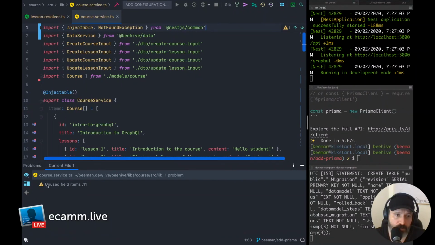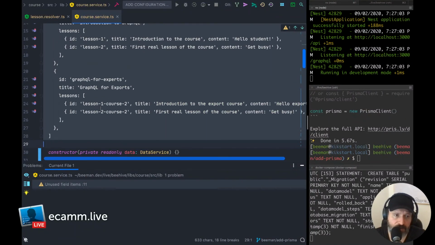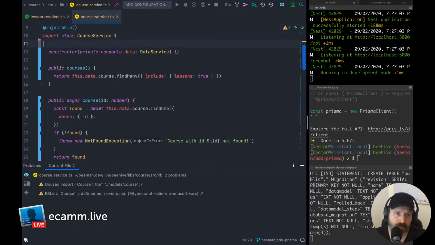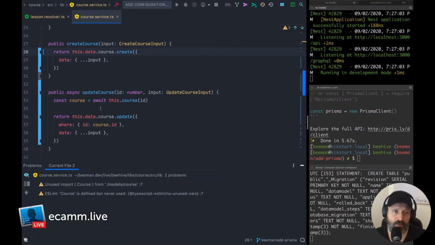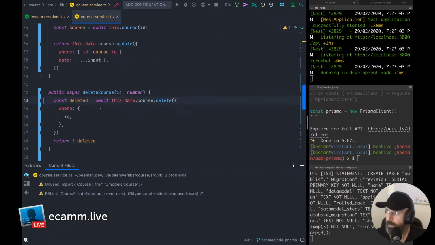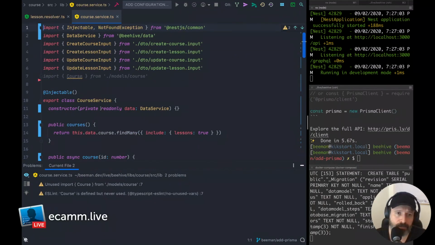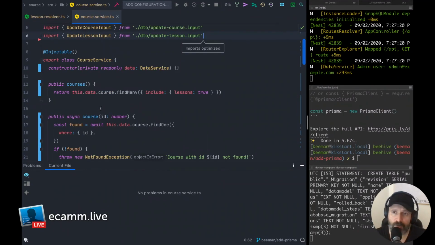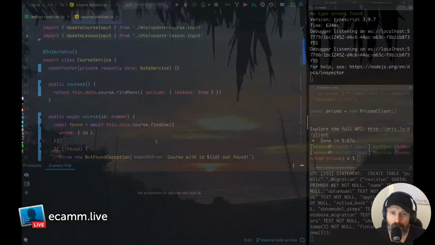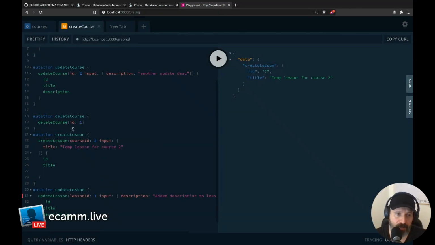Some more TypeScript complaints. Items is now obsolete. That's good, because that means we completely made our in-memory database obsolete and we replaced it totally with Prisma. And let's get rid of the course because we no longer need it. Switch back to the lesson here, and I want to delete